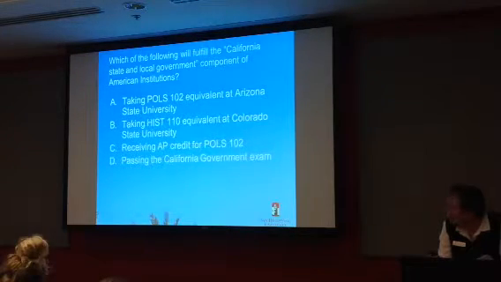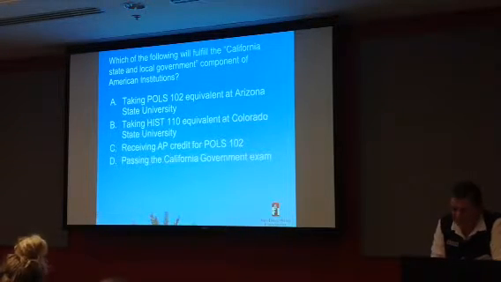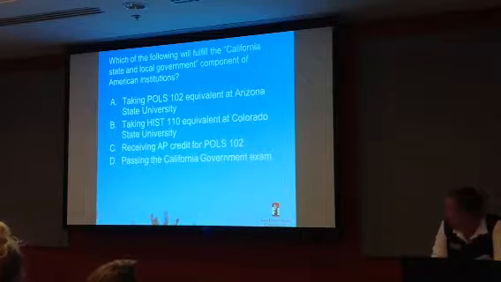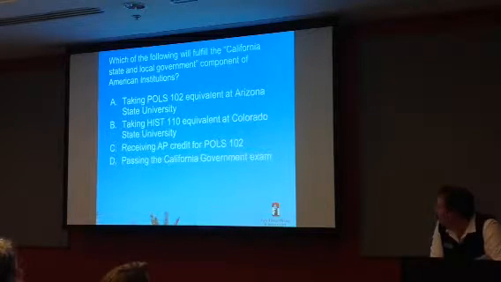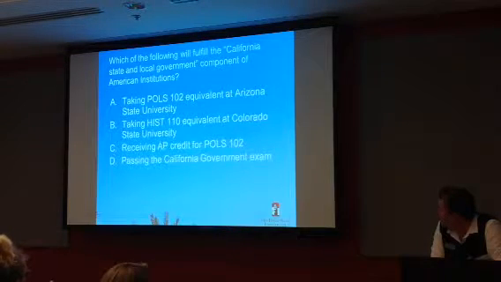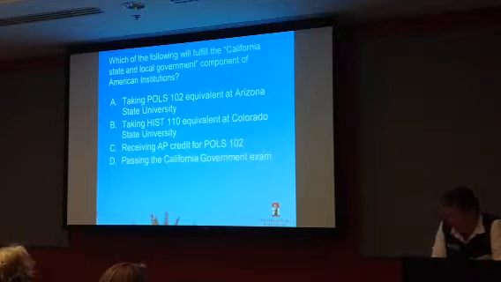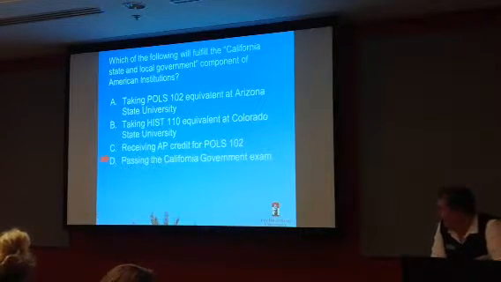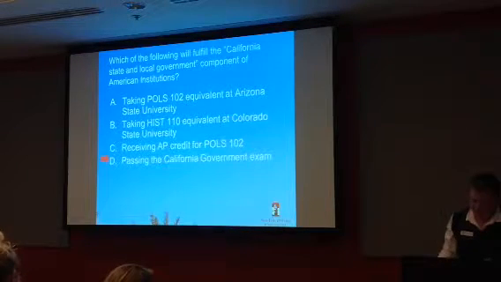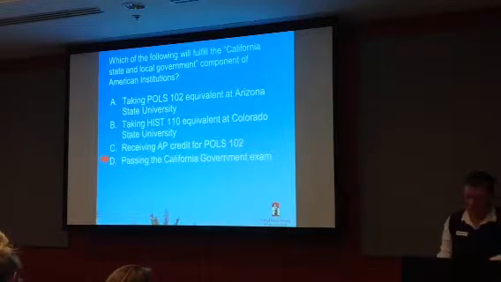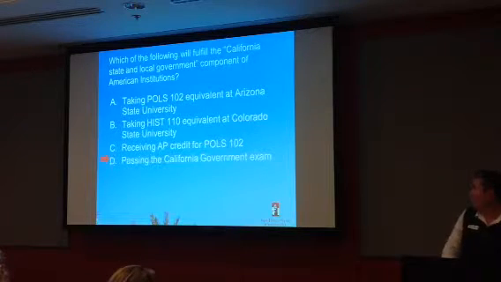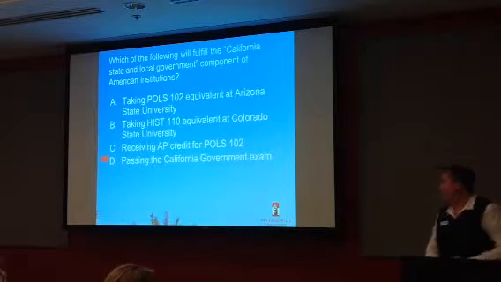Okay, so let's look at a question. Which of the following will fulfill the California state and local government component of American Institutions? Taking Political Science 102 equivalent at Arizona State University, taking History 110 equivalent at Colorado State University, receiving AP credit for Political Science 102, or passing the California government exam. B, passing the California government exam. So in addition to AP, just remember those out-of-state courses, even though they're the direct equivalents, they won't pass